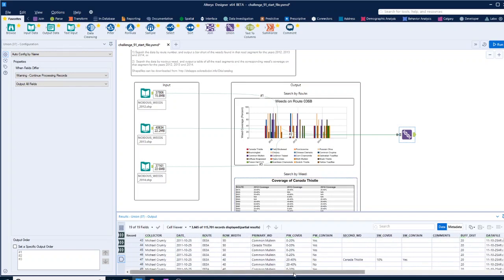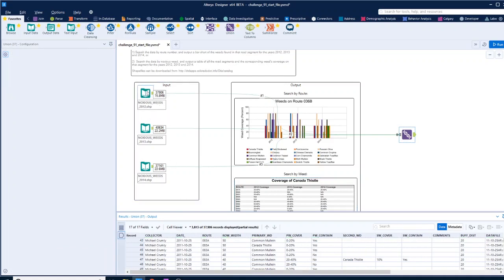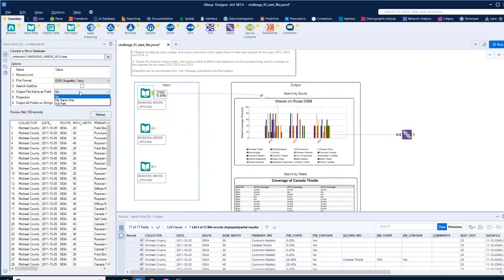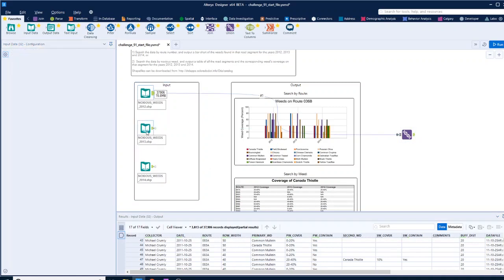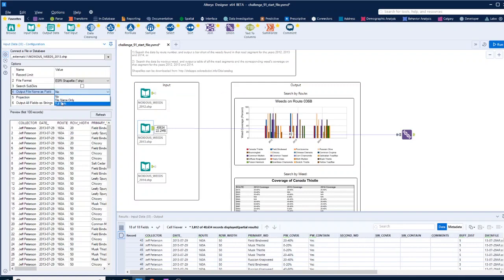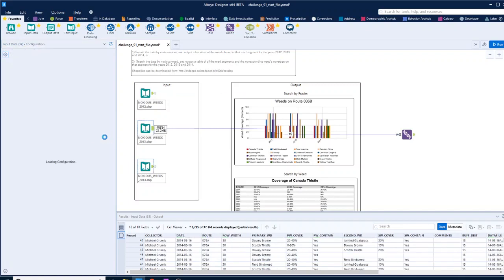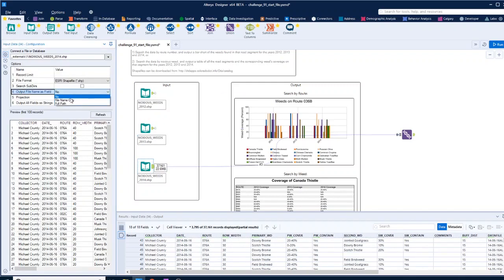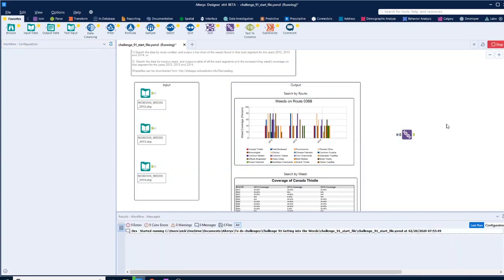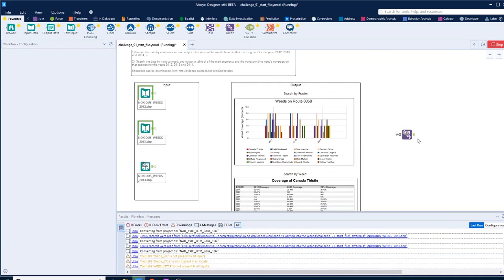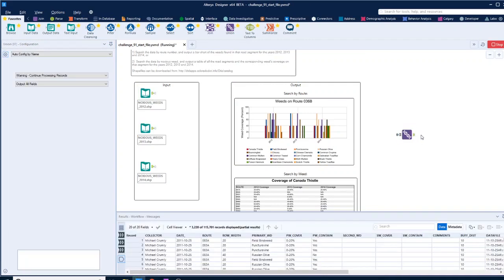We want the date, don't we? Well, we've got a date here, but these have got in here we've got the year. So let's just go in here, and what we can do is change this to bring in the file name as well, because it's in the file name. So rather than messing around with the date to get the year, what we can do is pull the date from the file name. So if we just split that,